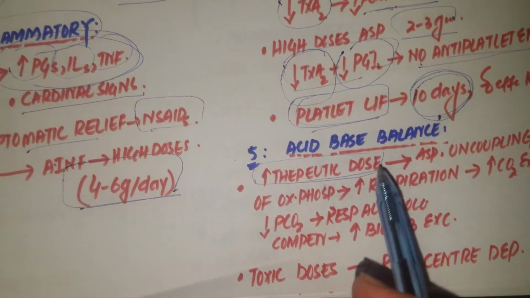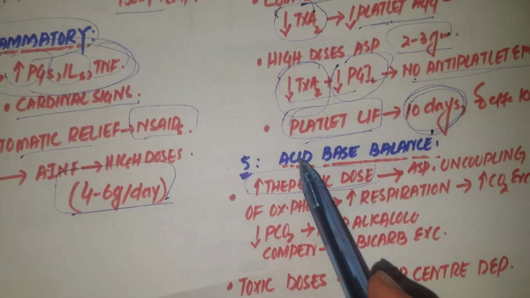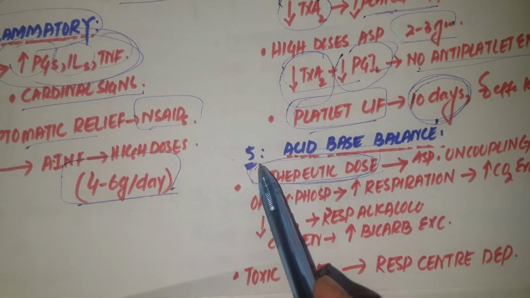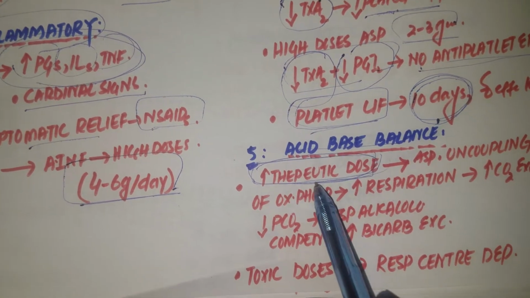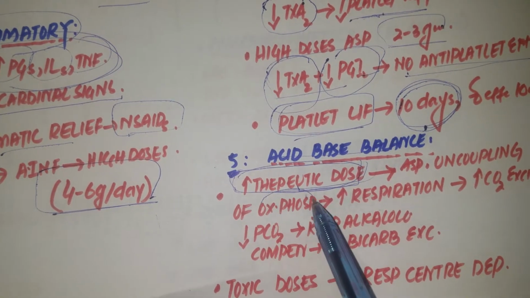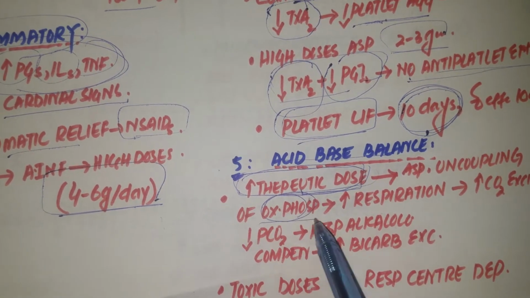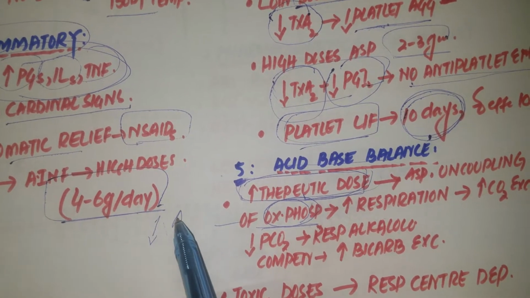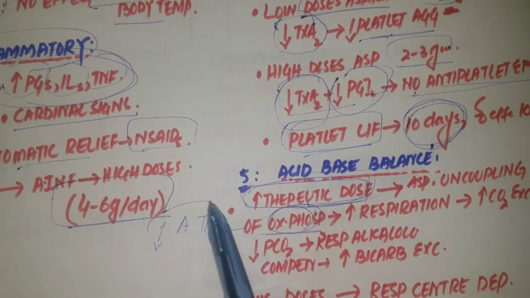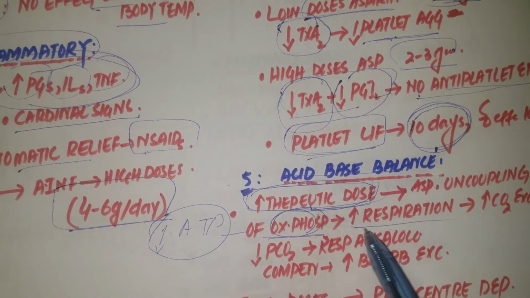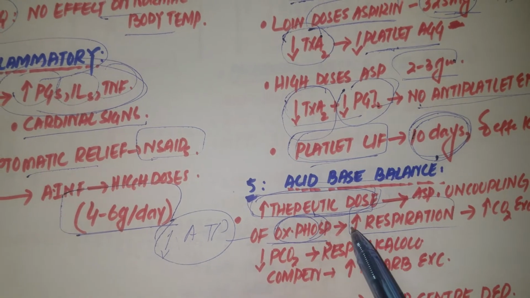So now coming to the role of aspirin and the acid-base balance. Whenever aspirin is used in therapeutic doses, not very much higher doses, aspirin causes the uncoupling of oxidative phosphorylation. Whenever oxidative phosphorylation is uncoupled, there is decreased production of ATP. And due to the decreased production, there is a compensatory increase in the respiratory rate to provide more oxygen and to